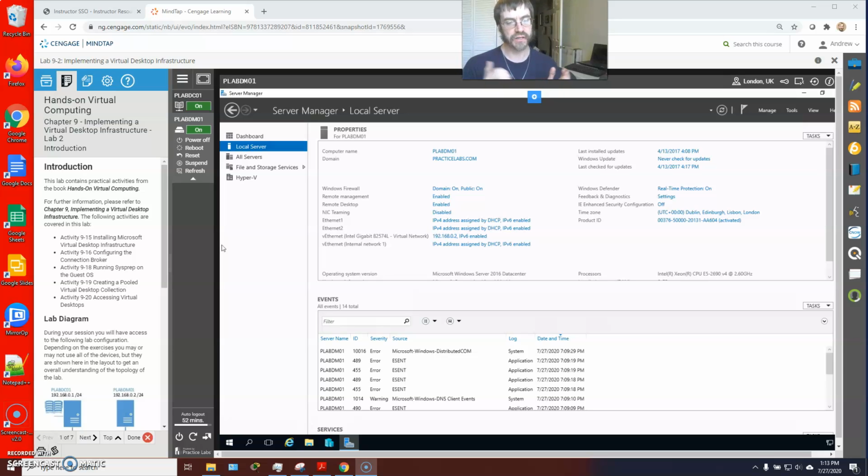We're going to cover activities 9, 15, 16, 18, 19, and 20. So there may be things that are a little bit different compared to the book. And if you've got your server book still, there's some stuff about remote desktop services in Chapter 9 after remote access and direct access. Remote desktop services is mentioned in that remote access services chapter, because sometimes it's used with what